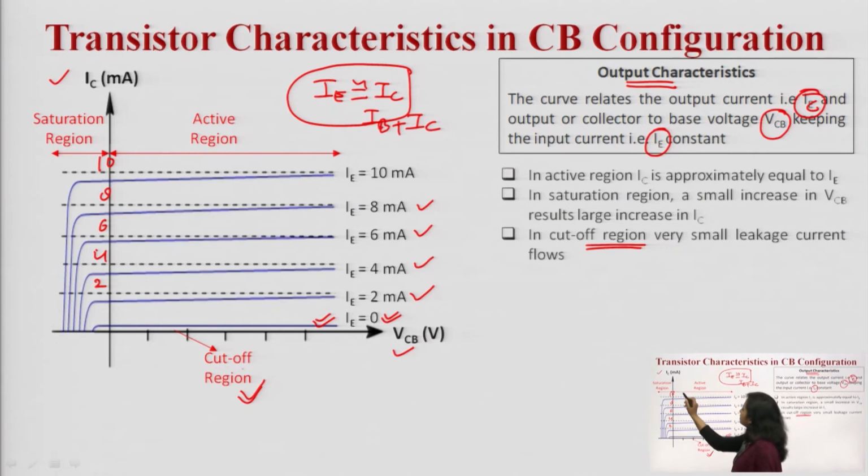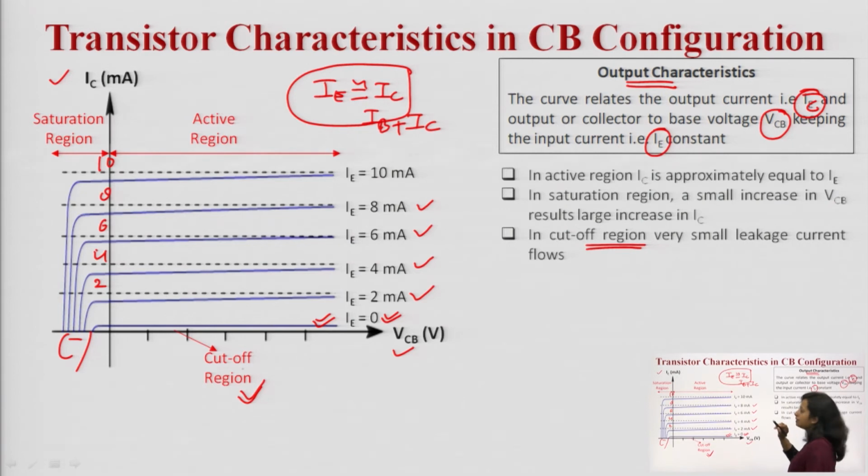Here you can see this is the active region, because here the emitter-base junction is forward biased and for the collector-base junction, the value of VCB is negative. Here the value of VCB is negative, meaning it is now inverting that reverse bias region and making it positive, and both the junctions are forward biased and it goes into saturation. So you must remember these points.